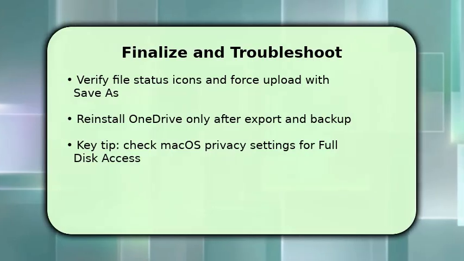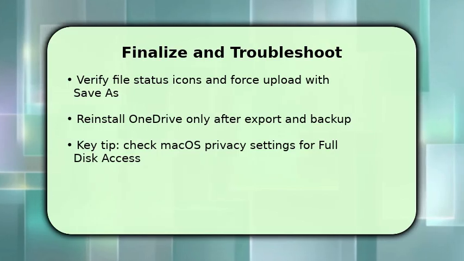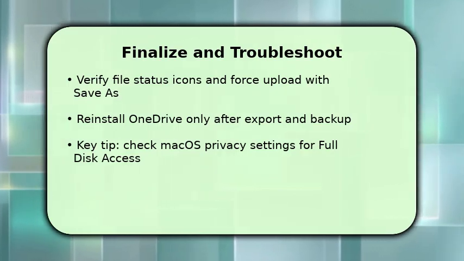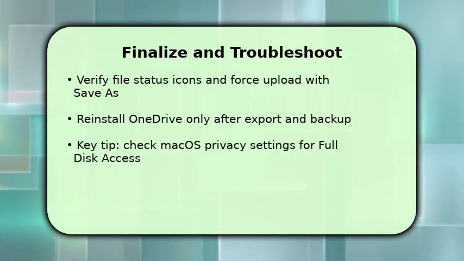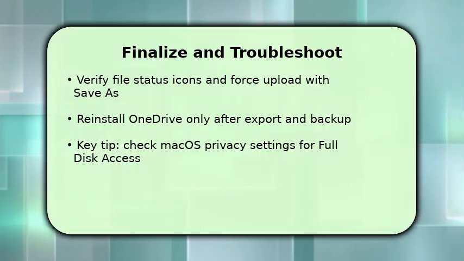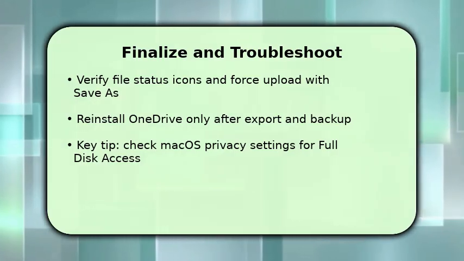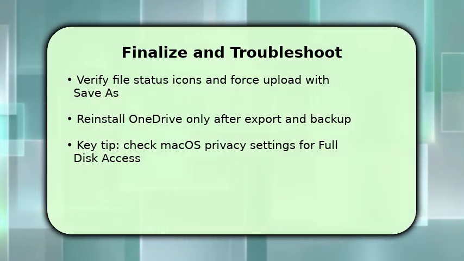To finish, confirm everything synced and correct lingering problems. Look at file status icons in Finder. To force upload, open a file and save as into the OneDrive folder. If corruption or persistent errors remain, uninstall and reinstall OneDrive, but first export or backup any unsynced local files to